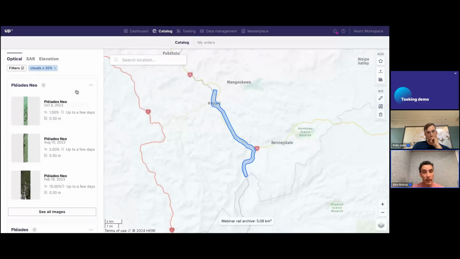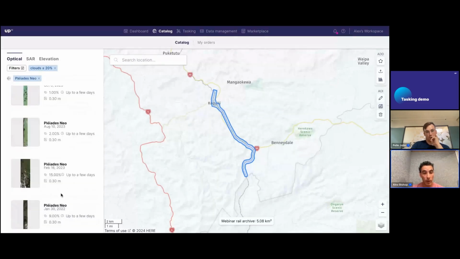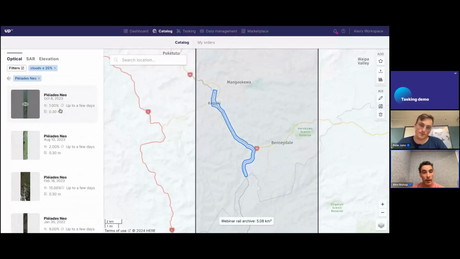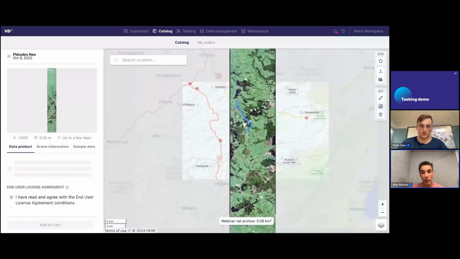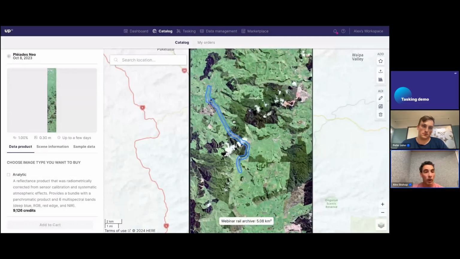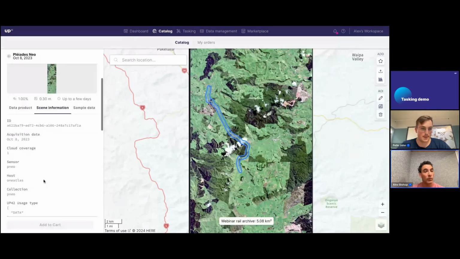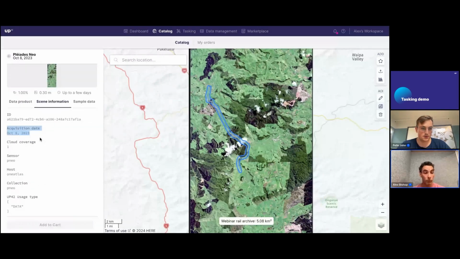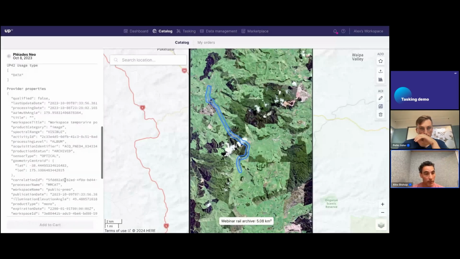this dropdown and navigate into the full database that's available here. And I can toggle on and off these different quick looks to have a preview of the image, which is kind of nice. This one fully overlaps my scene, which is quite ideal. And we can see here in the scene information that it's from 2023, which is more than acceptable for this site. And there's a lot more metadata available, especially for Airbus products, here